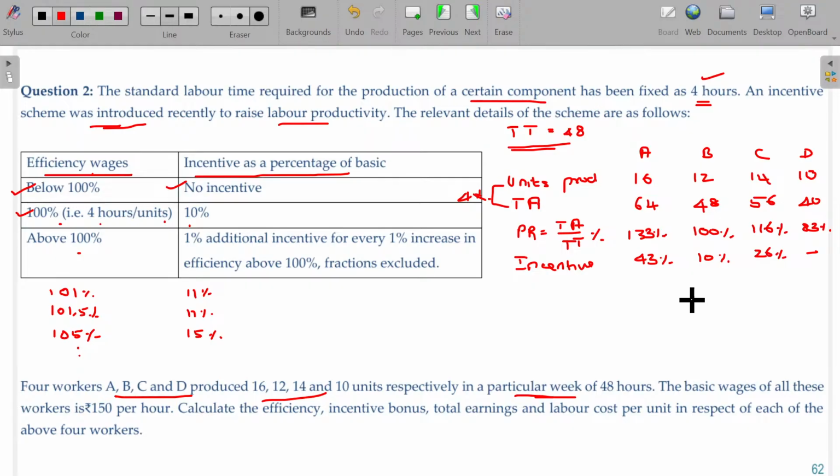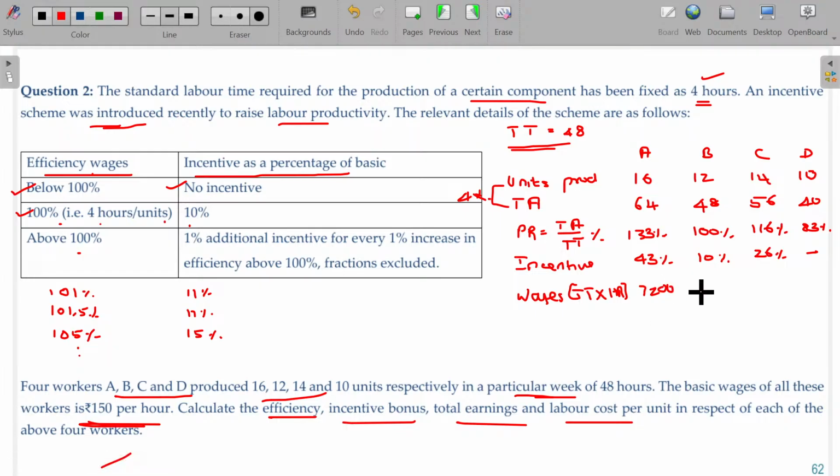Here, no incentive. Now find out the salary here, basic wages. Wages is nothing but time taken into hourly rate. The hourly rate given here being 150. Calculate the efficiency, incentive bonus, total earnings, total cost per unit. So all these things are going to be calculated. So total wages being time taken into hourly rate. So 150 into 48,